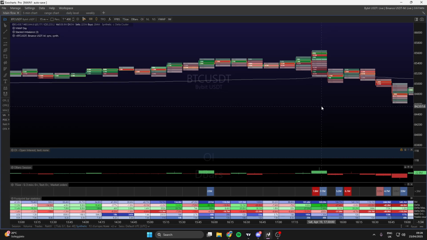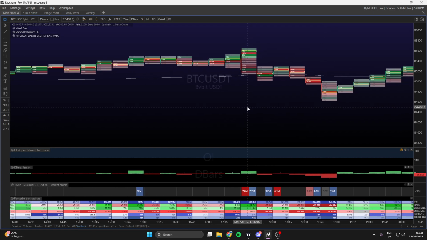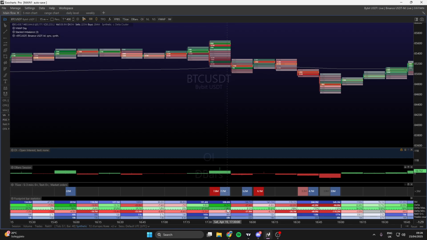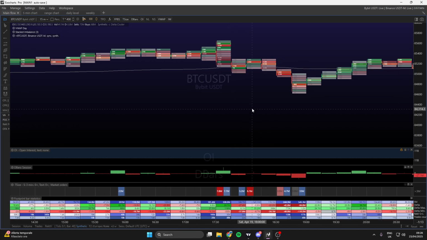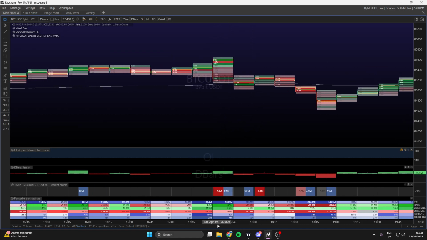Here could be a good example. Yeah, we had a max of 119 millions of delta buy, but we have less than 500k of delta min. So this is a cool reversal pattern, could be, but at the end the candle closed with 60 million,